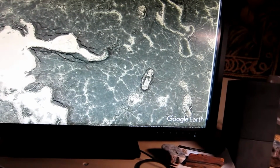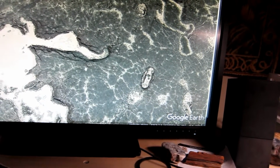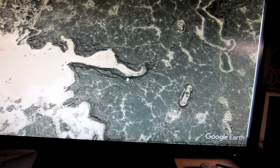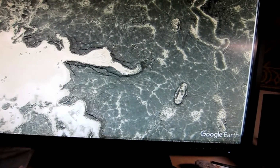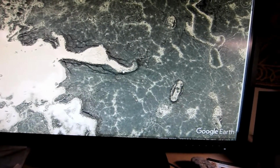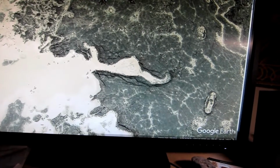I walked across here, went over there, circled around, went back. I took pictures of the crevasse, the crack, right here before I stepped down. The barbecue is right there. Okay, now along here